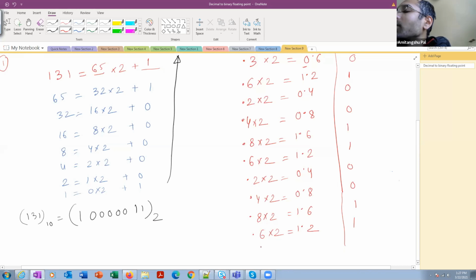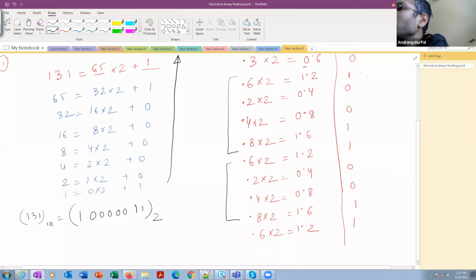So 1 and then 0.2 will come up in the next step. If you notice carefully, you will see that 0.6, 0.2, 0.4, 0.8 is getting repeated. 0.2, 0.6, 0.2, 0.4, 0.8 is also getting repeated over here. 0.6, 0.2, 0.4, and 0.8. And then again the same terms are going to come: 0.6, 0.2, 0.4, 0.8, and so on.